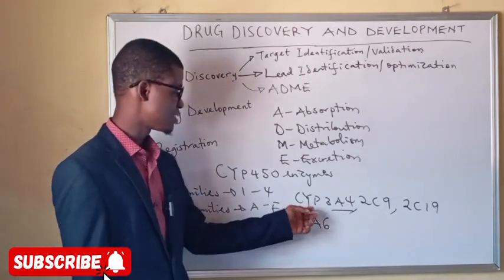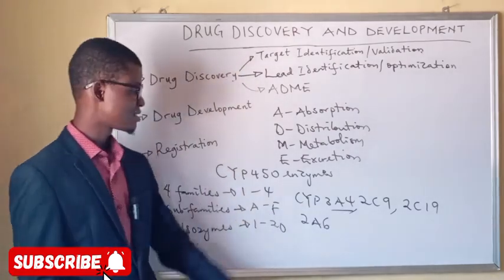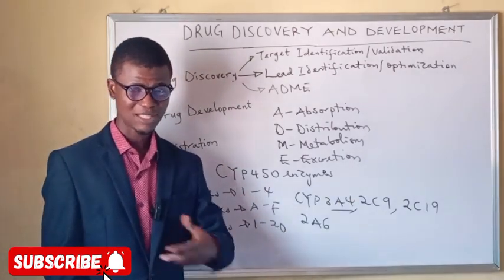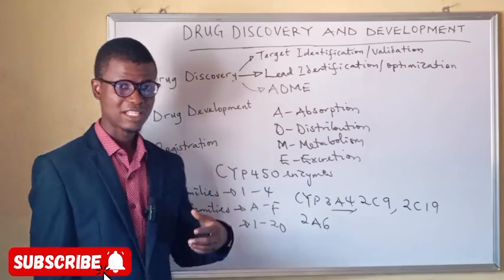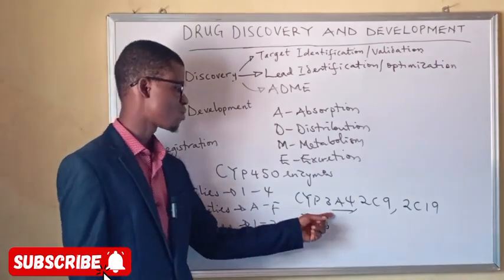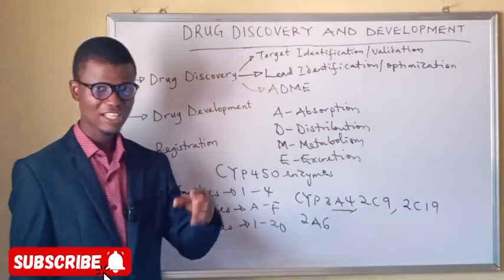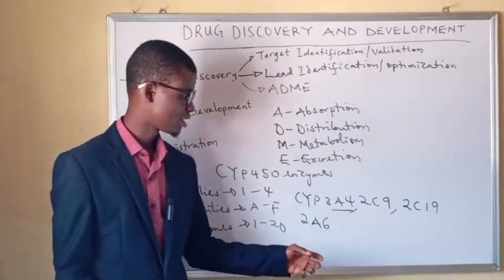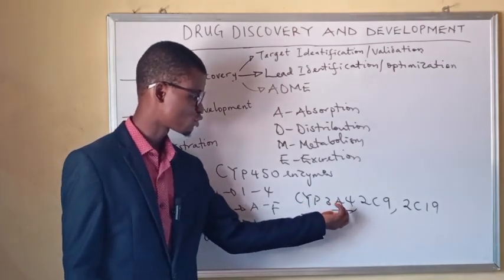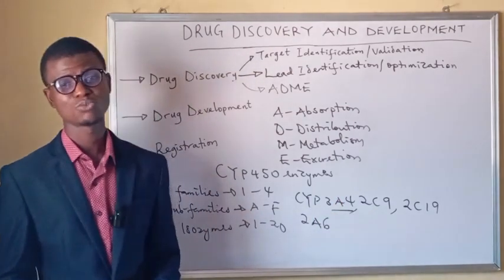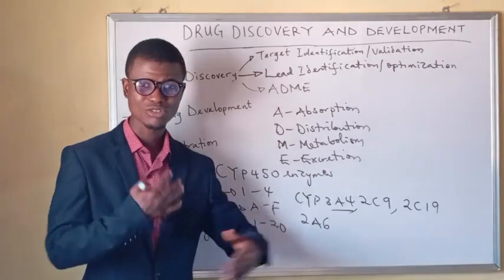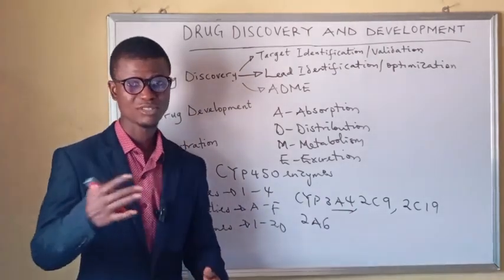When you inhibit the CYP3A4, that means the CYP3A4 will not be able to carry out its function of metabolizing another drug. Therefore, if you use a drug that is an inhibitor of CYP3A4 and you use another drug, the CYP3A4 will not be able to perform its original function. That would lead to a rise in toxic levels, because